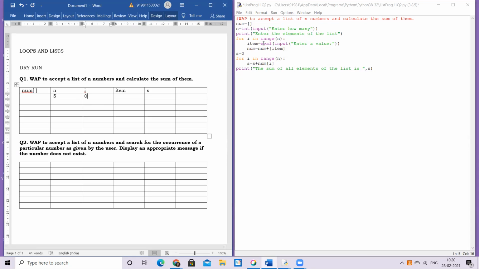Okay. So here he asks for the first value from me. And that goes and gets stored in item. So let the first value be supposingly 7. Or let it be in 2 digits so that you don't confuse that with i or n. Okay, so I gave the first element of my list as 10. Now this item has to go and get itself stored in the list, which is my num.